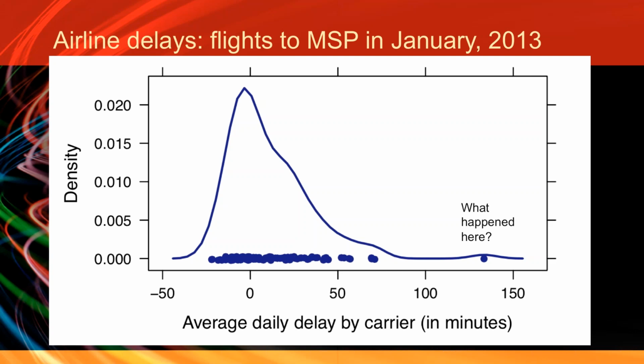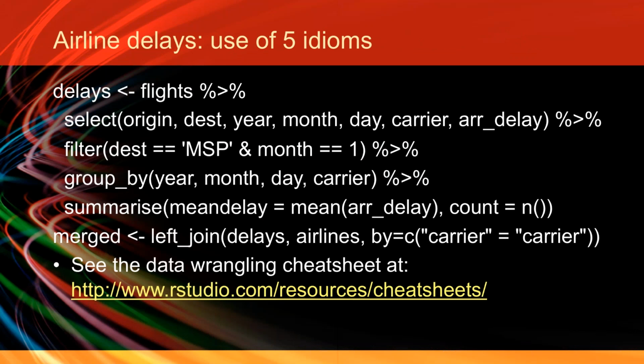We want to immediately look to see what happened with the multiple hour delays on average on one particular day. But again, we can be looking for that and just starting some simple exploration. I might want to now look at what's going on carrier by carrier, to break that down and think about, say, overlapping density plots. All that is put together using these 5 idioms.